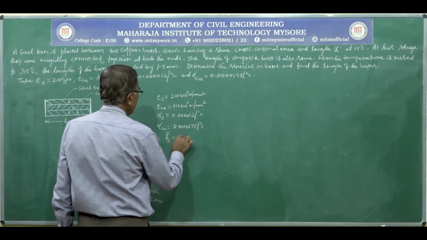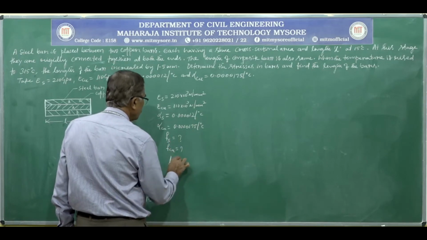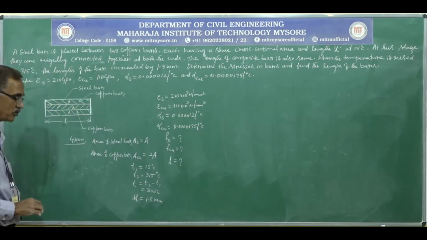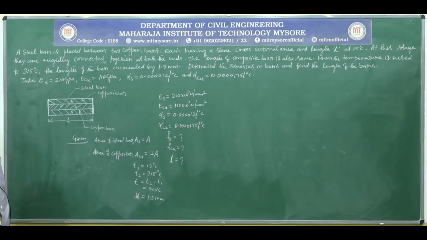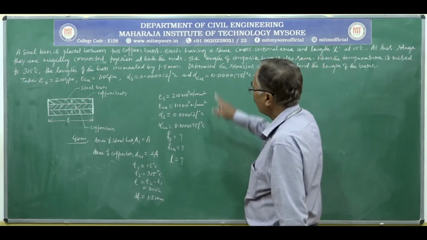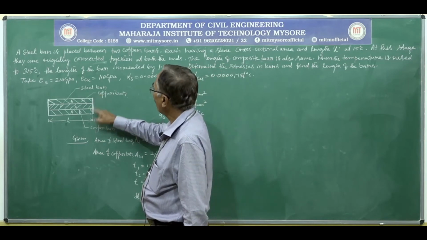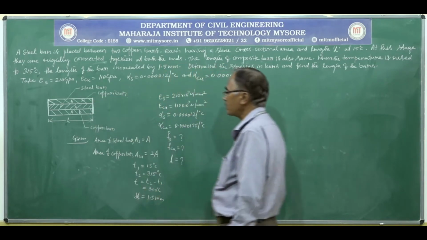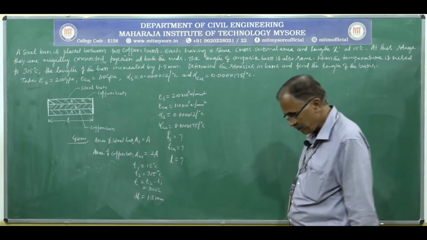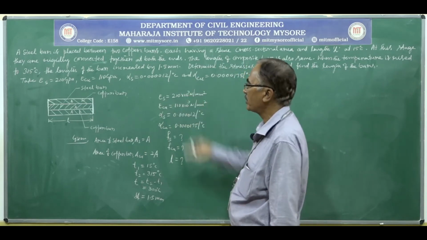For this condition, it is asked to find the stresses induced, that is Fs is equal to question mark and Fcu is equal to question mark. Also asked to find the length of the bars, L is equal to question mark. To solve this problem, you proceed in the usual manner. First compare the forces developed here. Copper will expand more than the steel, hence compressive force in copper is equal to tensile force in steel. That is the first step. And based on that, you can find stress in one material in terms of the other material.